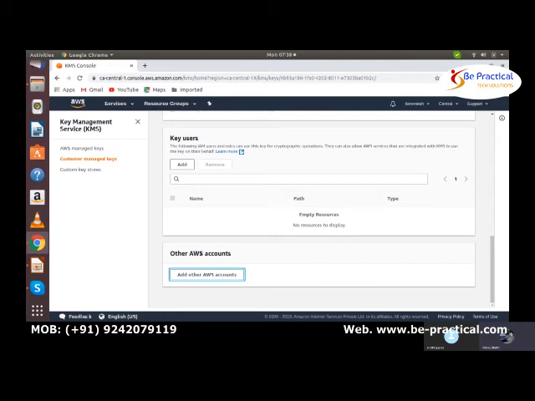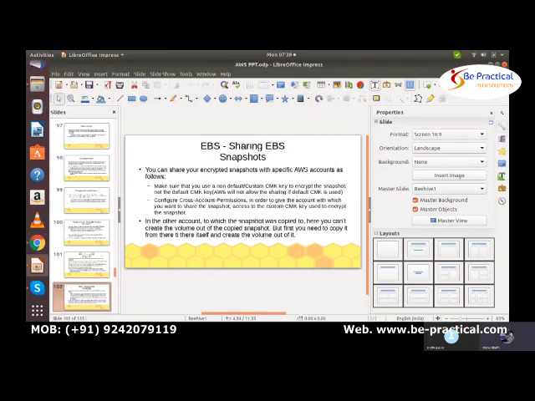That is why it is not able to create the volumes out of that snapshot as of now. So in the other account to which the snapshot was copied, you cannot create the volume out of the copied snapshot. But first you need to copy it from there.